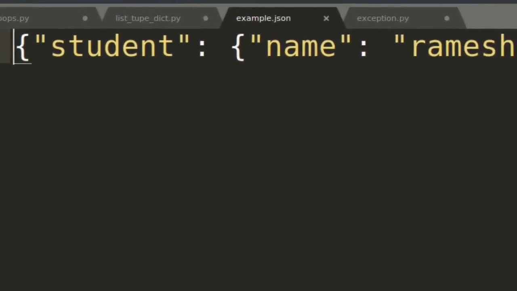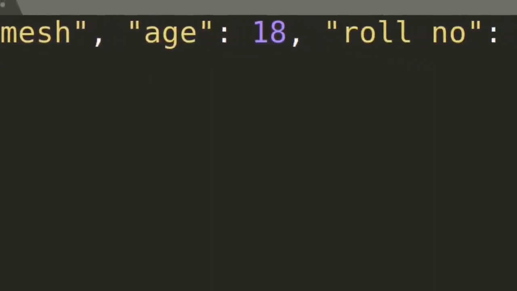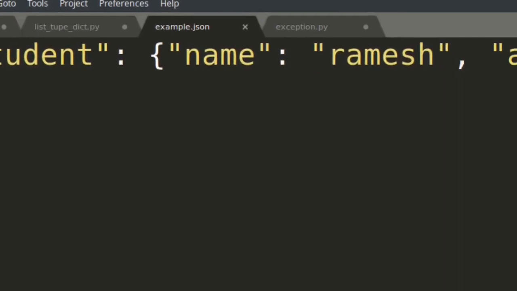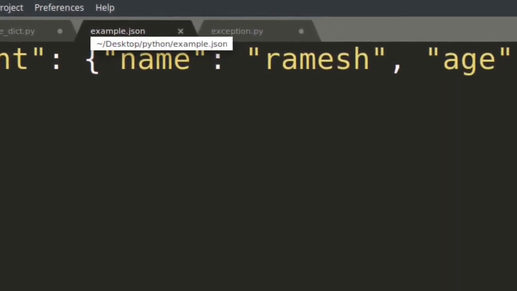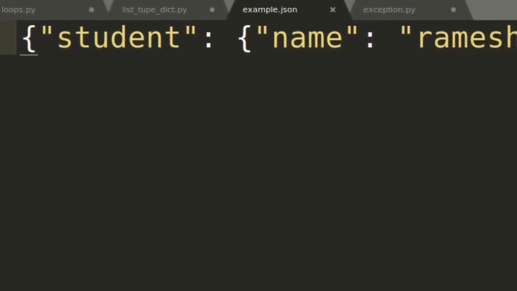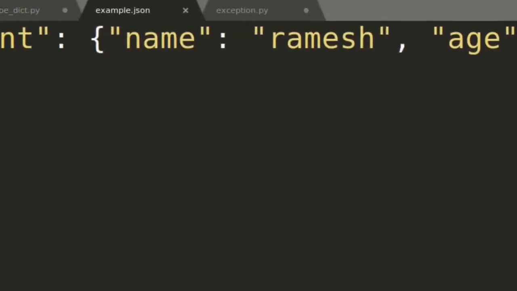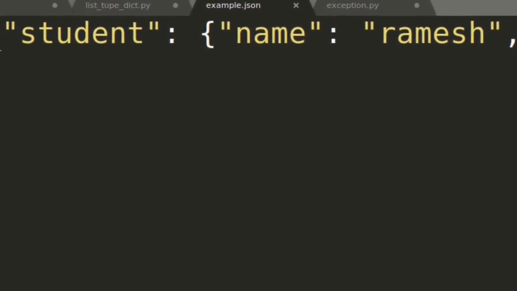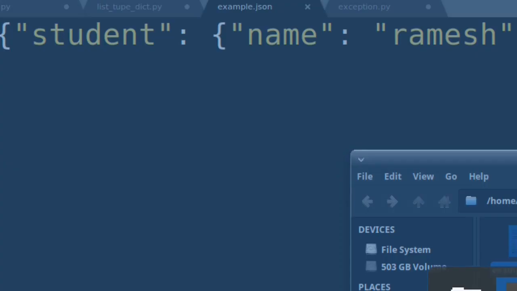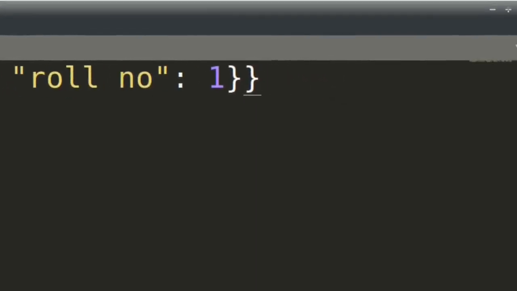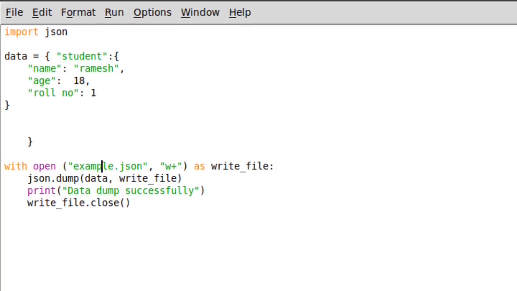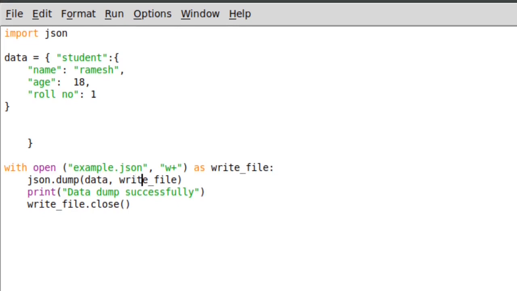So as you can see, this is the data from the Python file, and we created that file which is example.json, like this. Now one thing you will notice is that this data is in one line, so we'll just change that to an indent, so this data will appear one by one. So we need to edit our Python code for that. Here we'll just indent that file like this. Now again run our program.